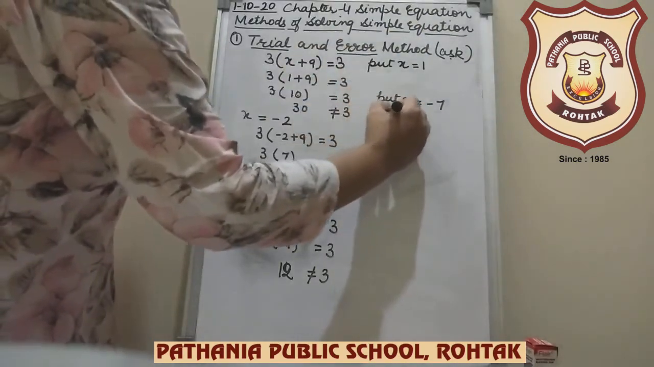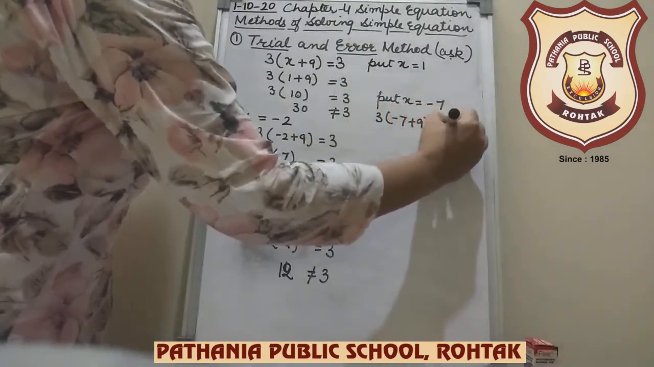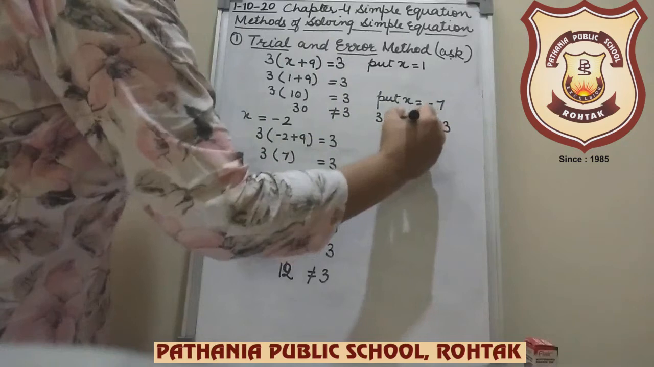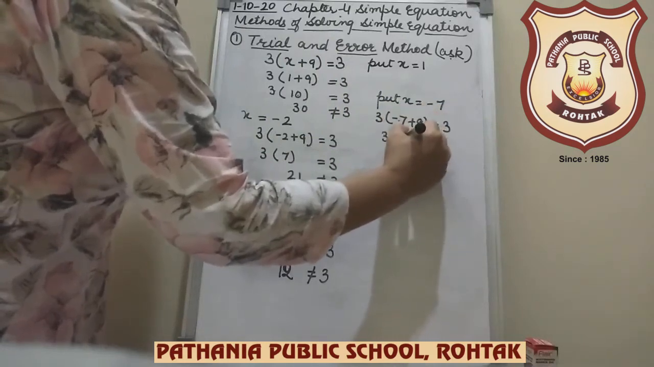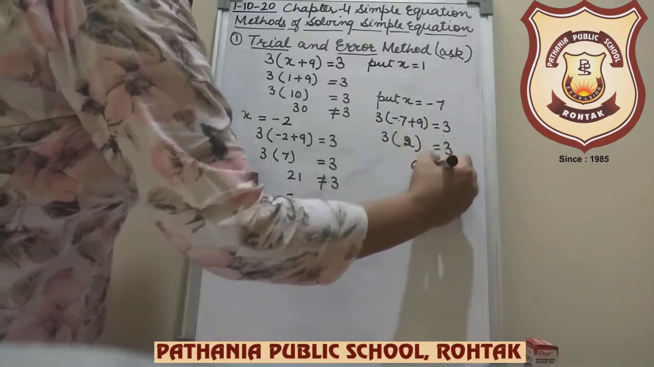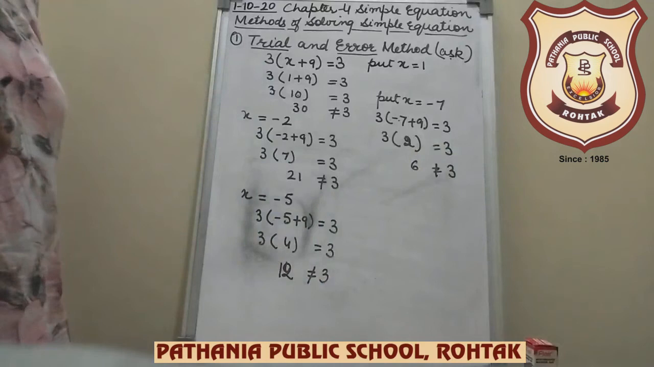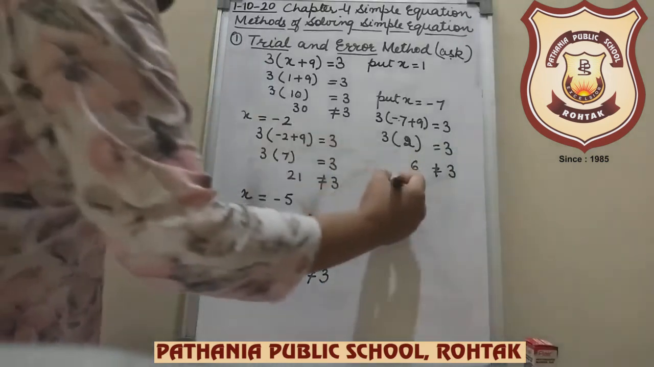So 3 minus 7 plus 9 is equal to 3. 3 minus 7 plus 9 is 2, and this is equal to 3, and 6 is not equal to 3, so the value is not minus 7. So put